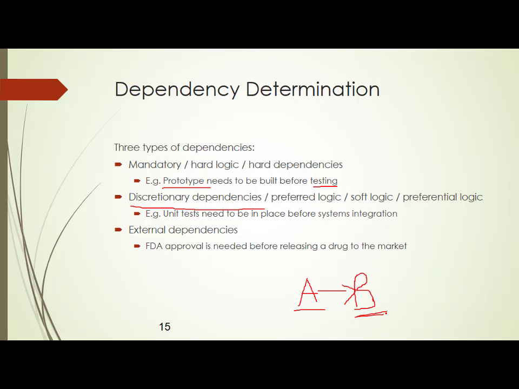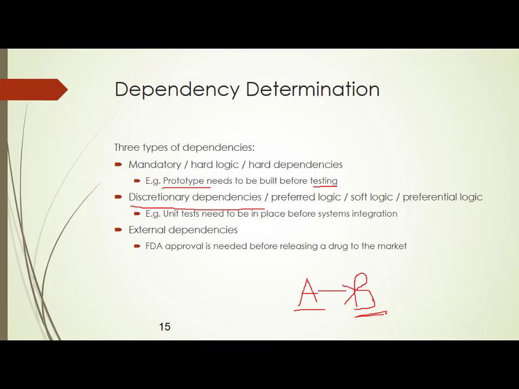So you will ask the management to relax it a bit. You will say that we shouldn't always say that prototyping has to be done before testing. We have successfully executed projects where we have also done testing before and then revisited prototyping. So then management will say okay, go on a discretionary dependency. That means you have the option to change it. You can think of a particular situation, and in that situation, if you think that testing can be taken first and then prototyping, you have the option to change. That is why it is called soft logic.